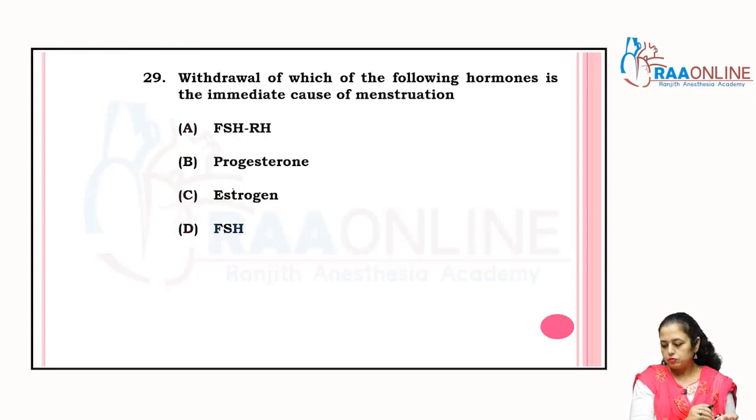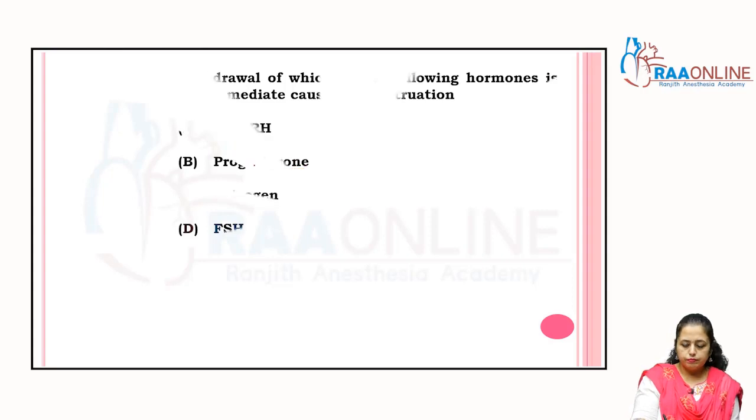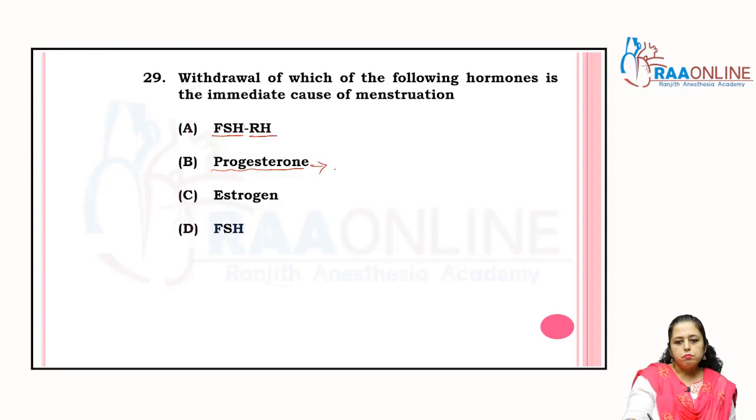Come to the next. Withdrawal of which one of the following hormones is the immediate cause of menstruation? We know that FSH releasing hormone, and FSH acts upon the ovarian follicles and stimulates them for maturation. Progesterone and estrogen, both of them help in the